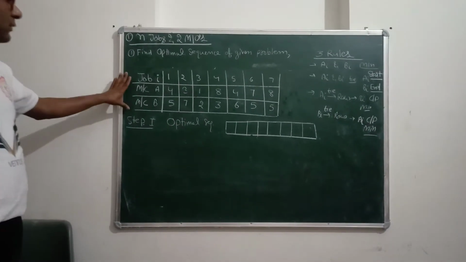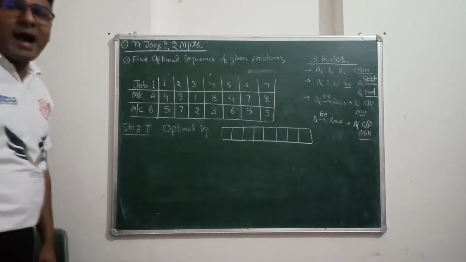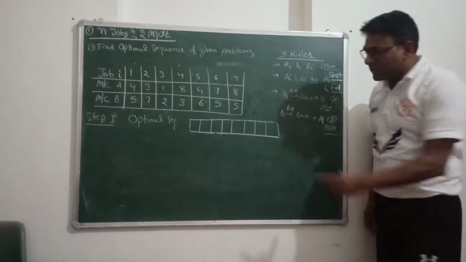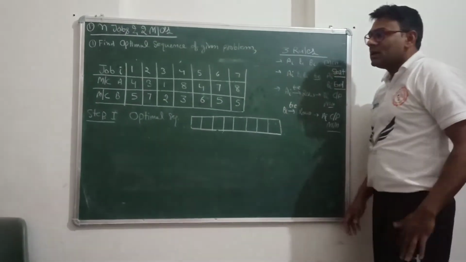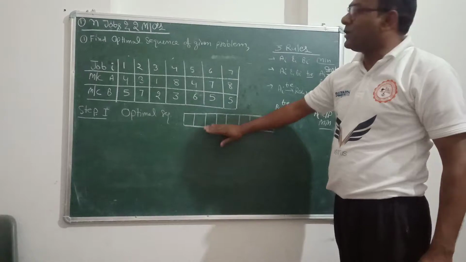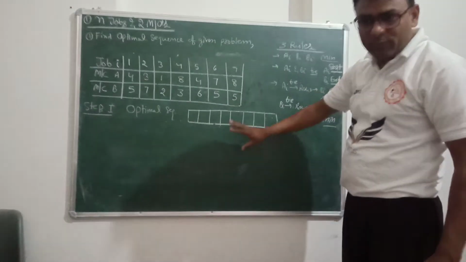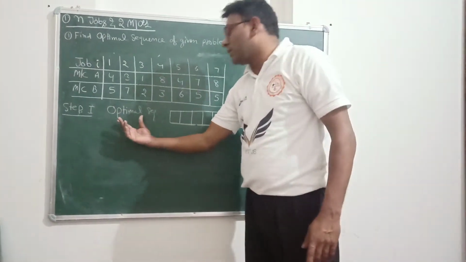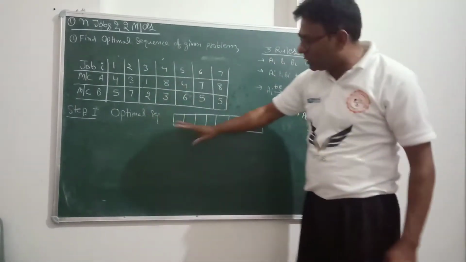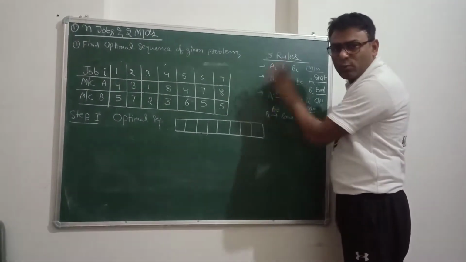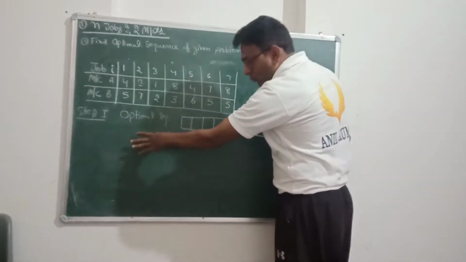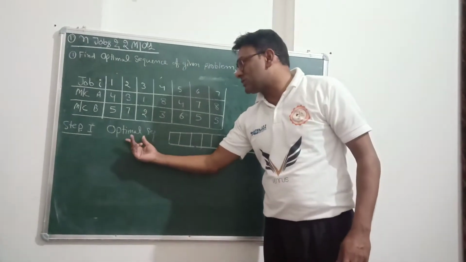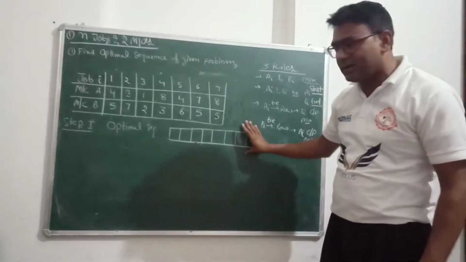Now before finding the elapsed time and total idle time, what we have to do is generate an optimal sequence, because on the basis of this we can proceed further and find the total elapsed and idle time. So setting an optimal solution in a proper manner is the utmost requirement for the solution of these types of problems. So first of all, step 1 for starting such a problem is to find the optimal sequence of jobs to be performed on different machines.